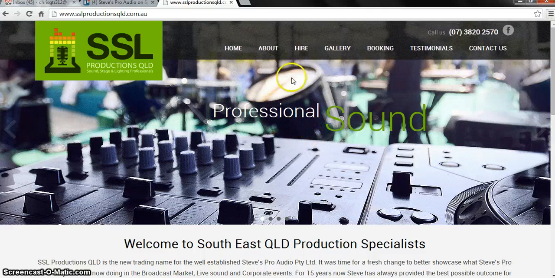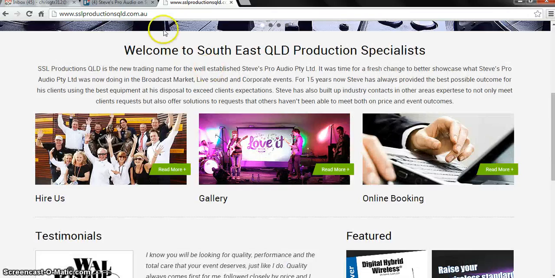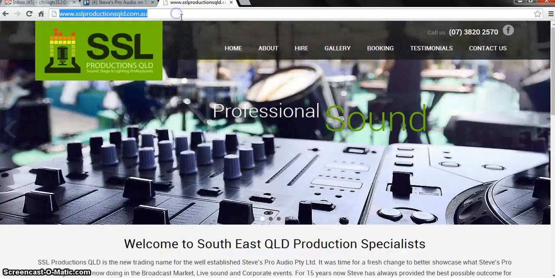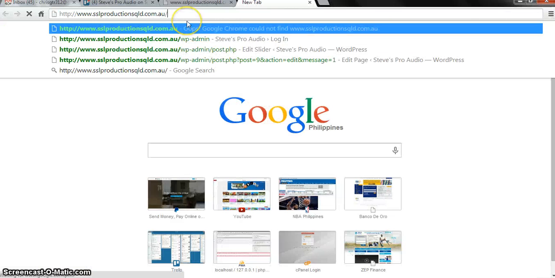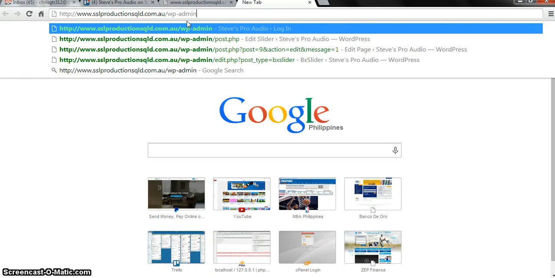Hi, this tutorial will show you how to edit the hire page and gallery. So first, we need to log into the administration page of the SSL production website. So type in WP admin on your browser or